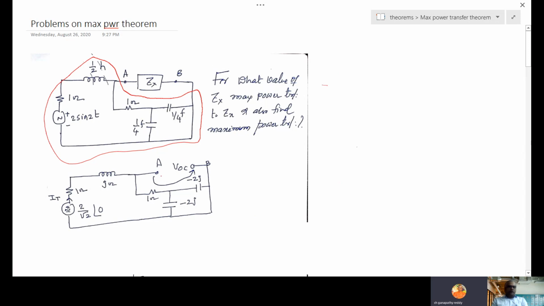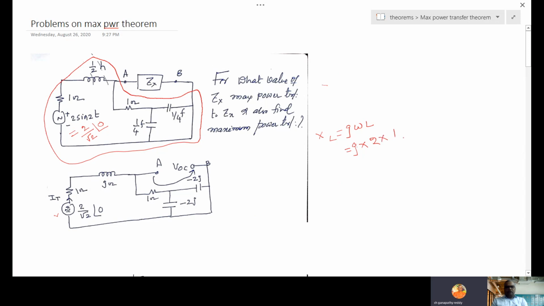Before we find the open circuit voltage, it's an AC source, so what is the phasor equivalent of this AC? 2 is the maximum, by root 2. So it is the RMS. It does not have any angle, so 0. So 2 by root 2 angle 0 is the phasor form. Then this one as it is, J ohm. What is J ohm? Inductive reactance XL equal to J omega L. So J into omega. What is the input signal frequency? 2.